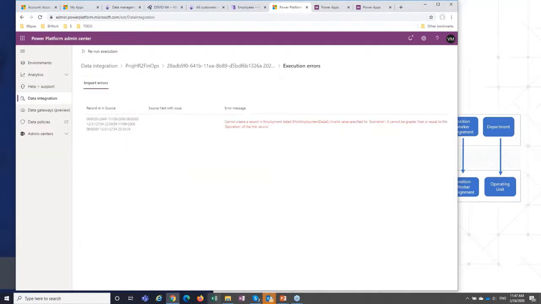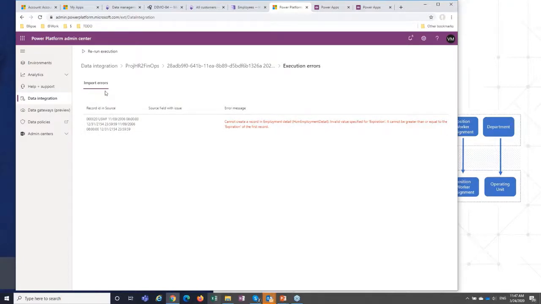Do you have errors here? No, just the warnings. You can drill down to the warning, and because classic data integrator uses DMF on the finance and operations side, you could easily identify that error on the finance and operations side in the DMF module tile workspace.